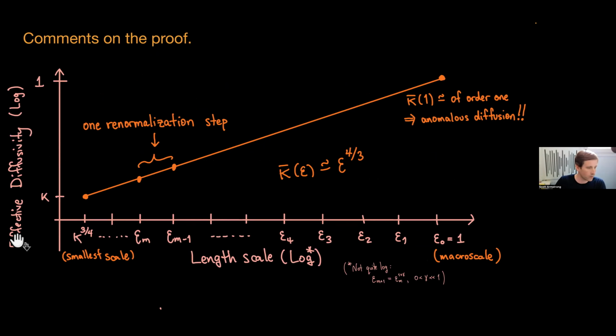Okay, so these things are in log scale. Here are the scales. I'm going to make a sequence of scales. Epsilon 0 is set equal to 1. There's going to be epsilon 1, which is like 1 over 1,000, or some very small number. I need to separate them quite a bit. Then epsilon 2 is 1 over 1,000 squared.